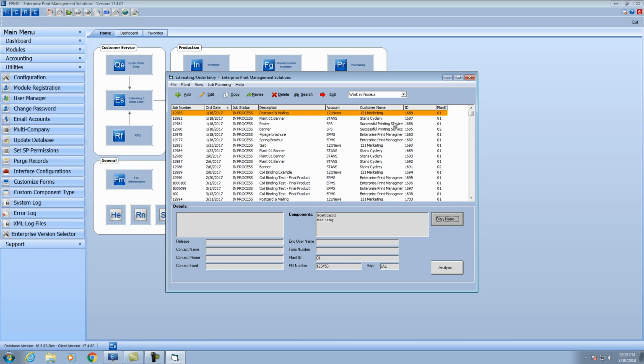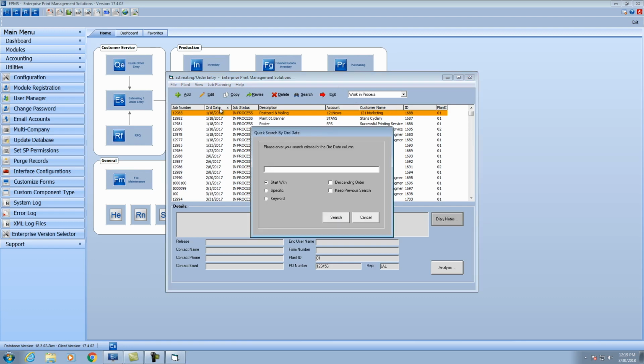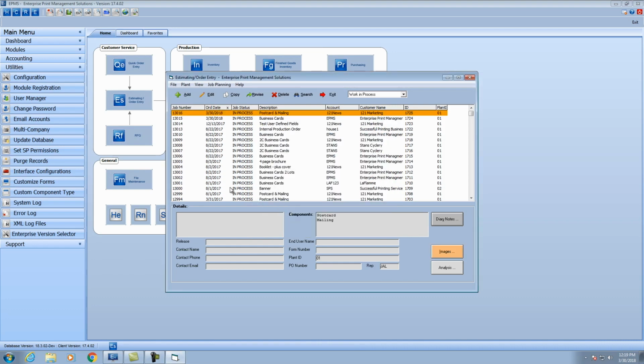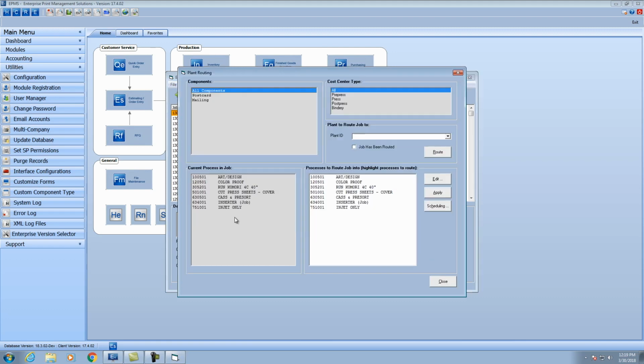The other thing I can do here is I can route a job. Let me sort this list to put the most recent jobs on top. And I'm going to grab this top job and I'm going to go into plant routing and quickly show you this. So I've got a job here that's got several cost centers in it, and up here, say I want to take the art and design and maybe the proofing, and I want them to go into plant 2. So I select plant 2 and I hit the route button, and because it found a matching cost center, if there were more it would have done those as well, but because it found these 2 matched,